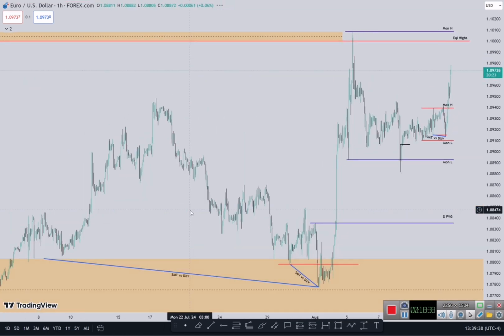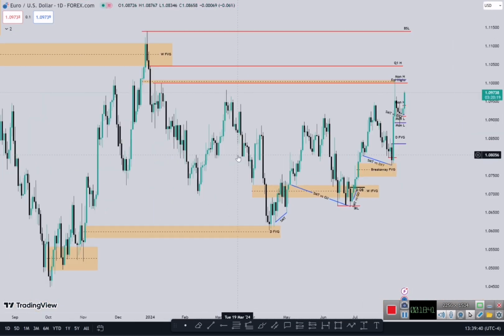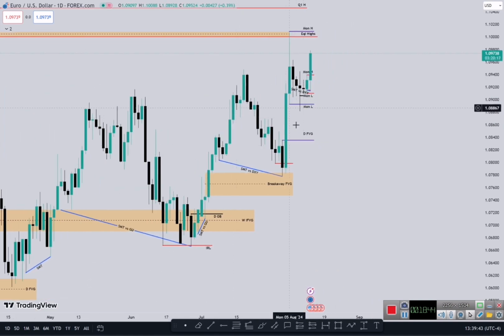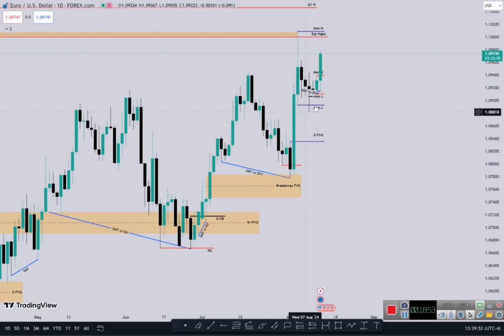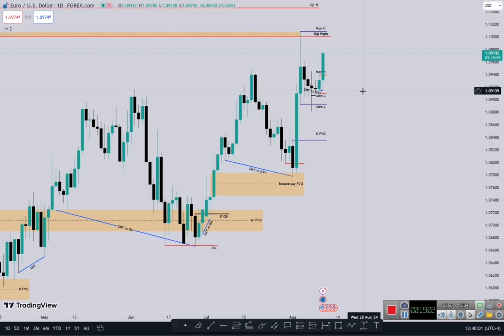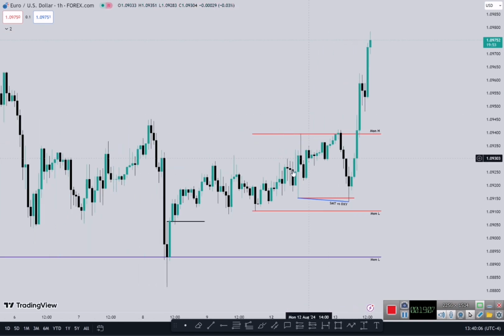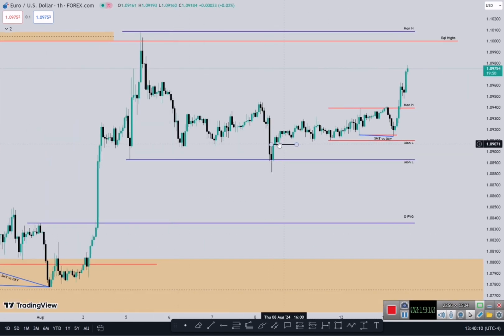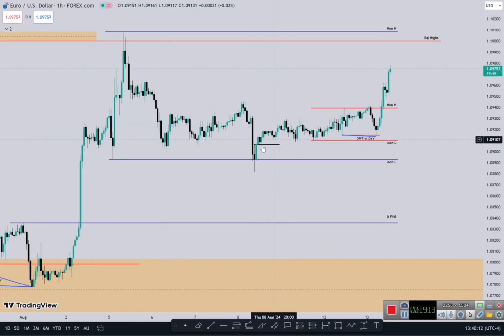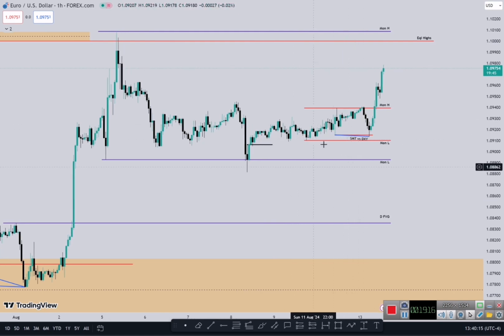First of all, I determine my bias on daily time frame or weekly time frame, which was in here internal range liquidity to external range liquidity using this daily candle and this candle close, which was inside the range. So it means we are bullish for the high of this range. And then we use time frame alignment for daily. We go to 1 hour time frame to see if there is a market structure shift or change in the state of delivery. And after that, we wait at a right day, not on days that price is mostly